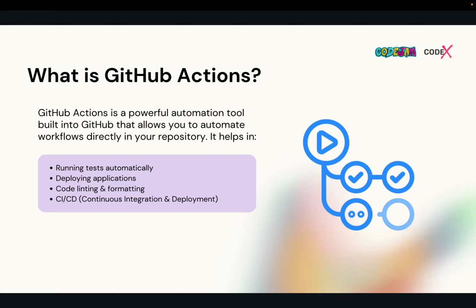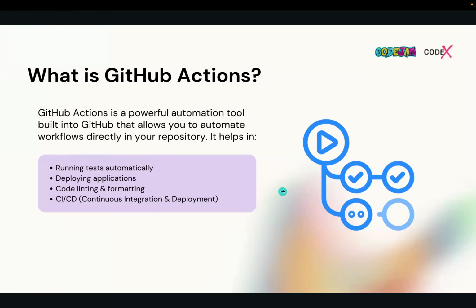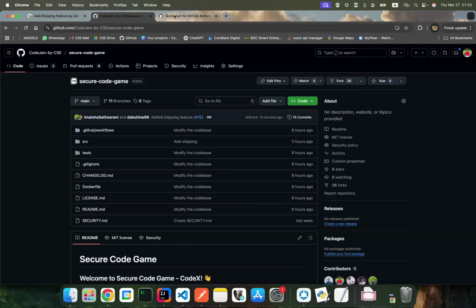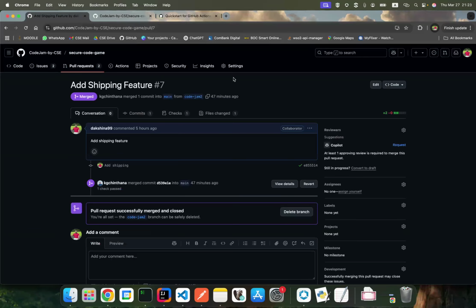There are many more use cases for GitHub Actions, and when you are dealing with GitHub Actions, you can basically use the GitHub Marketplace. They have already provided some GitHub Actions from their side, so we can take them and refer to them. And also there is very nice documentation for GitHub Actions. So when you are implementing a GitHub action, you can follow this documentation. You can just Google it and follow that to implement the action.